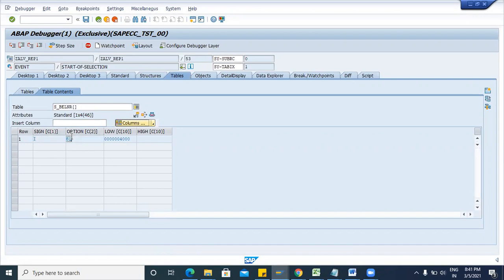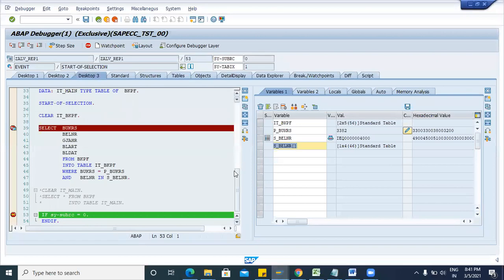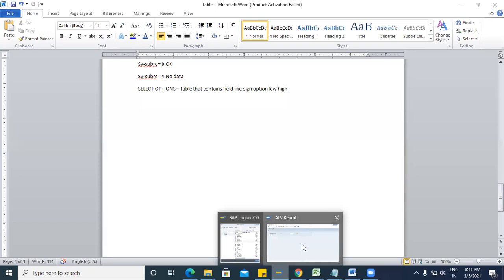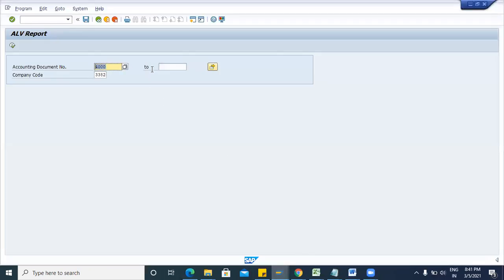Then in the option we have different types of operators like equal, greater than. Then in low and high we pass the initial value and final value, the minimum value and maximum value.